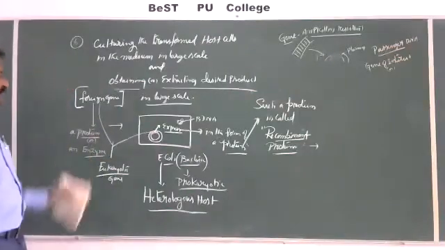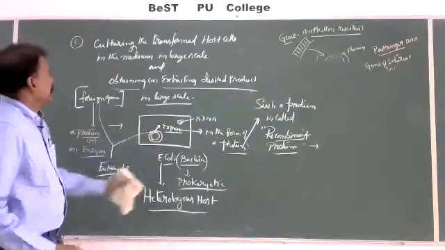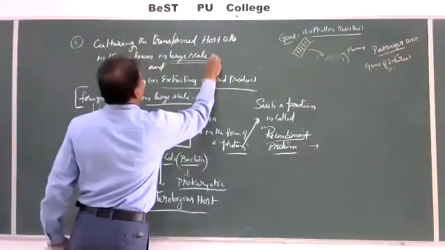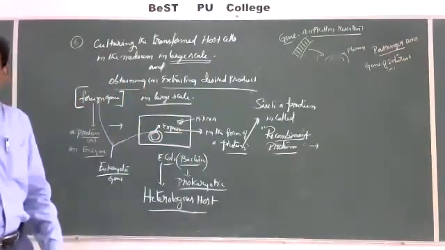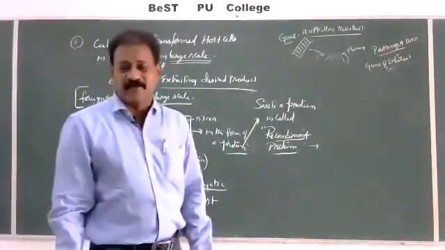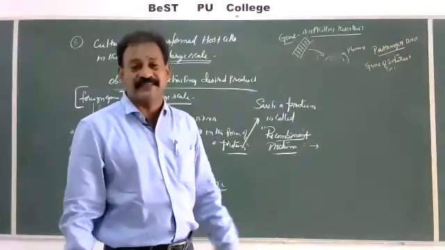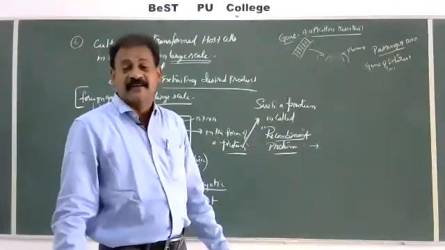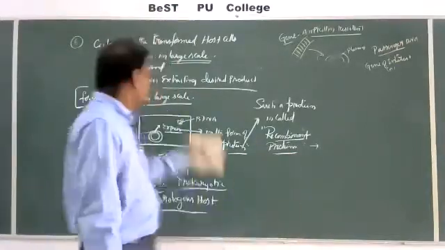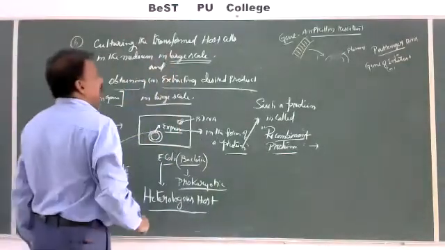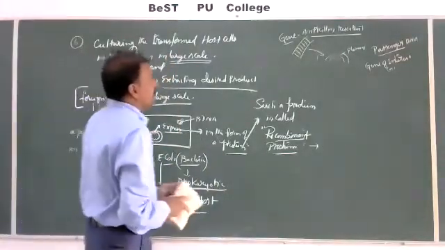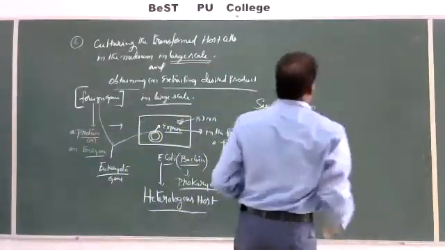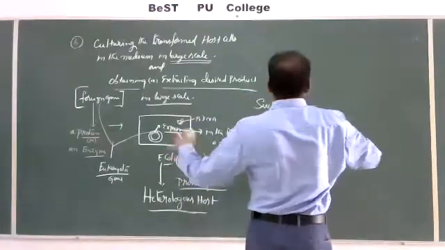Now let us see here, culturing the transformed host cells in the medium in large scale. Why large scale? We require large amounts in the form of tablets, in the form of medicine, in the form of biotech foods, designer foods, dietary, new diets, designer diets. So in large scale, while we are going to see our scientists, when they were performing these experiments in the laboratory, production of